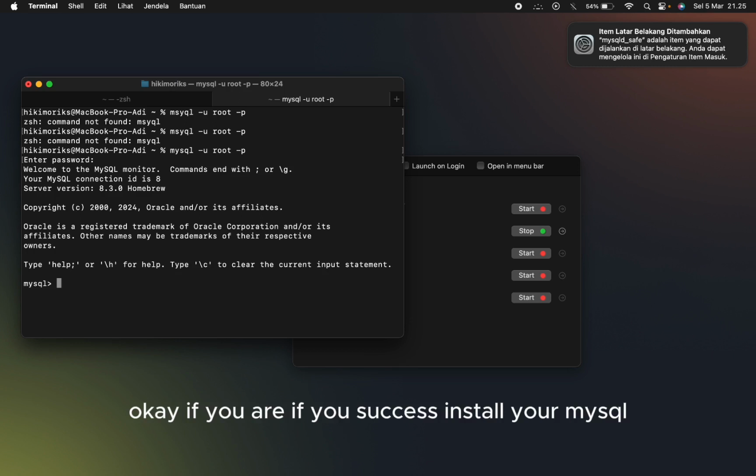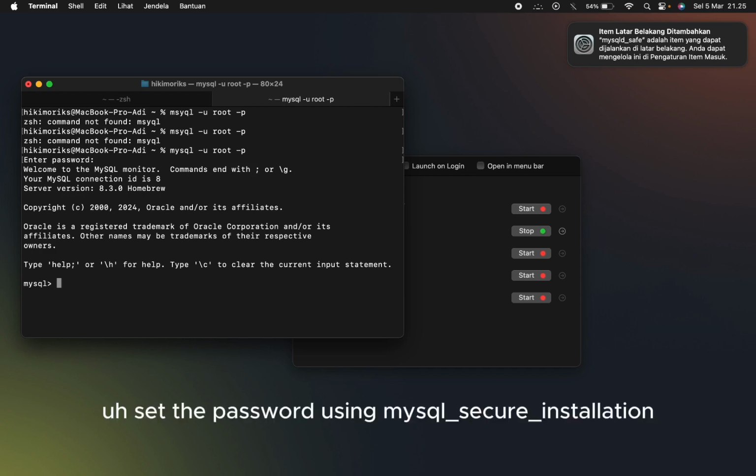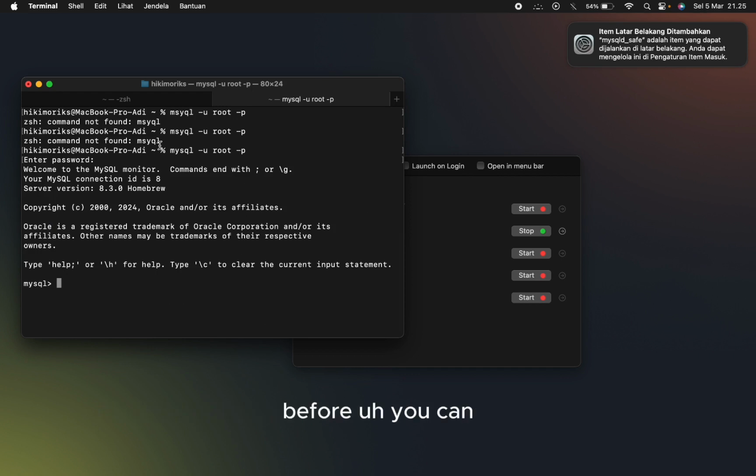If you successfully installed your MySQL and already set the password using mysql_secure_installation before, you can log in with your password and you can see this terminal interface in MySQL using Brew.